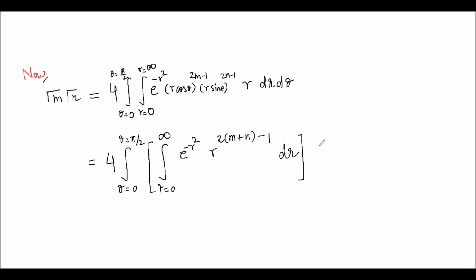And we are left with cos theta raised to power 2m minus 1, sin theta raised to power 2n minus 1, and now we have d theta. We have already considered dr here. Now see this integral very carefully, this one. This integrand is e raised to power minus r square, r raised to power 2m plus n minus 1 dr. See this integral and go with your equation